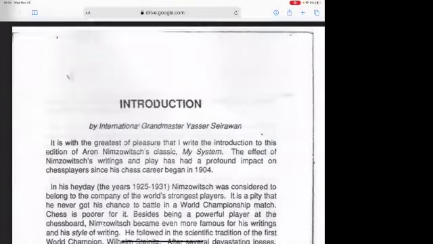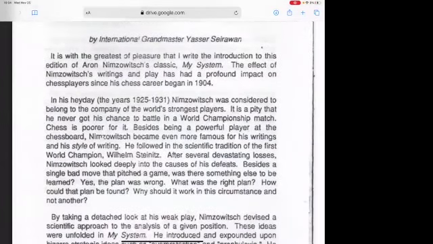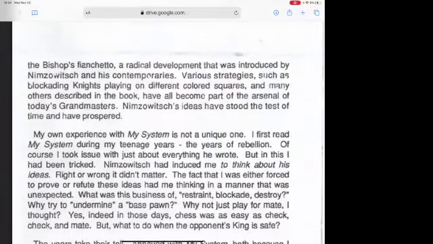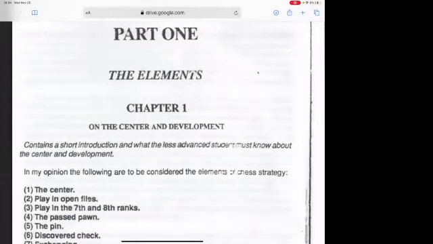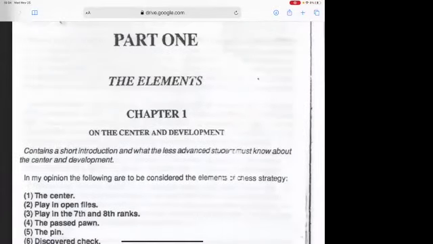All right. So thankfully, we got the introduction out yesterday. All right. Part 1, the elements, chapter 1. All right. So I'm going to go ahead and